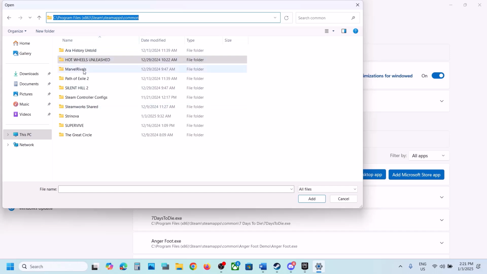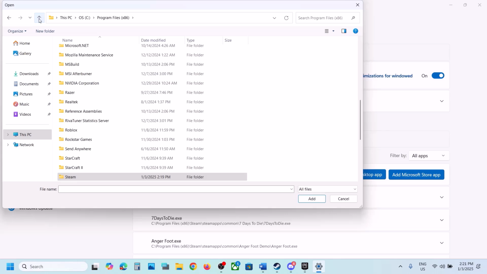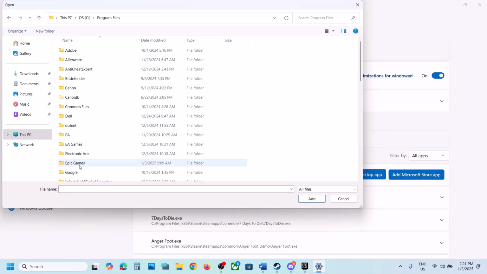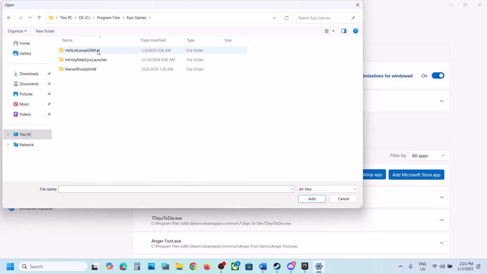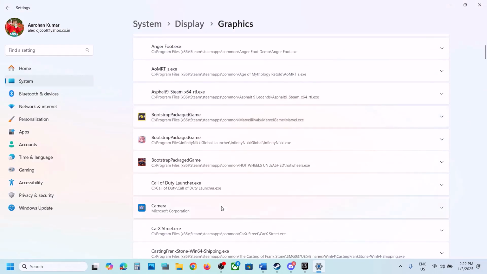In my case, I don't have the game on Steam. I have the game on Epic Games Launcher. So Epic Games Launcher user can go to program files and then open Epic Games and then open the game folder, select the game exe file and then click on add. Once the game is added,